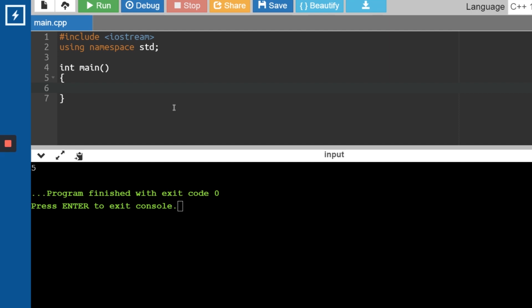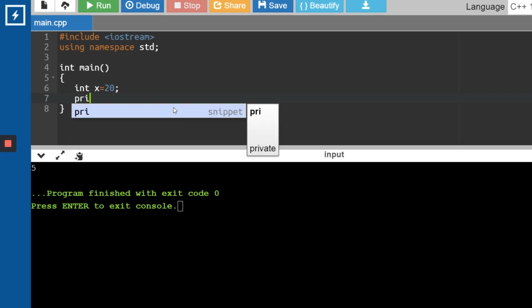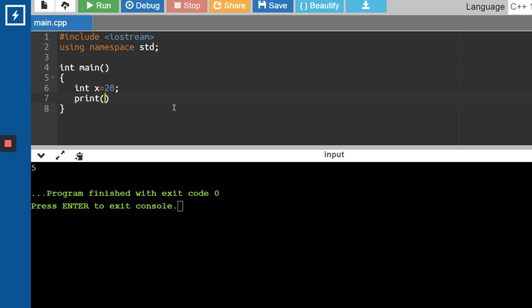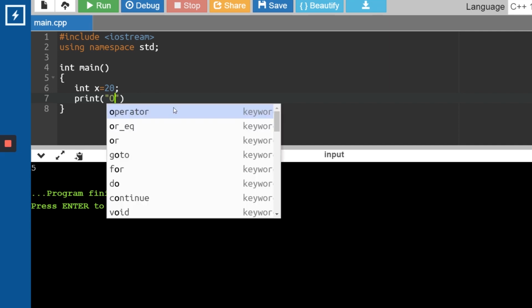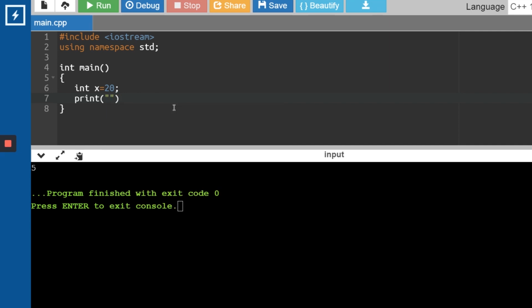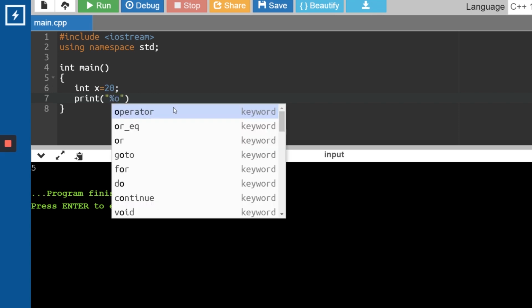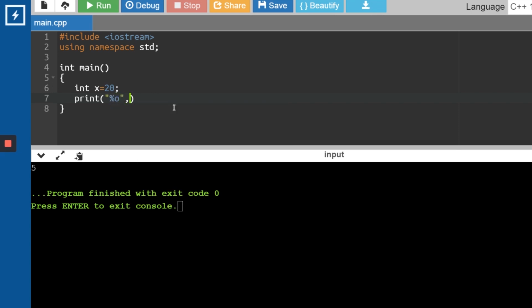So let's say you want to convert a value which is in integer format. Let's say x is equal to 20, and while printing, you want to print it in, let's say, octal format. So let's say %o. If you remember the previous video, the format specifier for octal was %o, right?